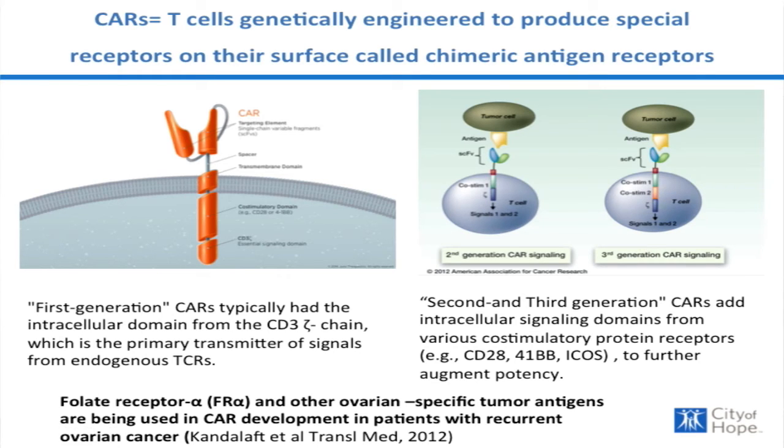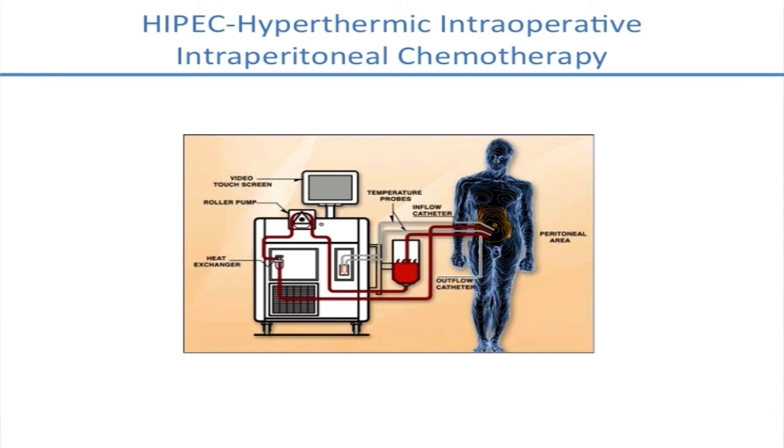We don't have a lot of information in ovarian cancer. This approach has been studied extensively in hematologic malignancies, but in ovarian cancer, there are ongoing trials looking at folate receptors and other tumor-specific antigens for the generation of CAR T cells. So with that, I conclude immunotherapy in ovarian cancer, and will change the subject now to discuss HIPEC, which